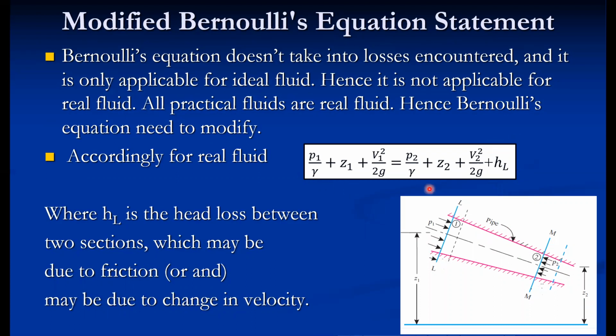So in today's experiment, we have to verify this modified Bernoulli equation. This is a non-uniform cross section. Here the losses are because of the friction as well as the change in velocity, because velocity is continuously increasing along this direction. So losses are also because of the change in velocity. The second aim of this experiment is that if you measure the head at the inlet and outlet, we have to prove there is always a difference in head between inlet and outlet. And that is the picture.